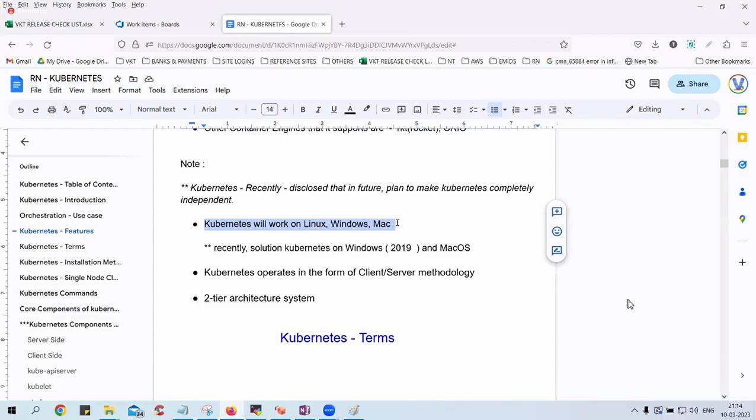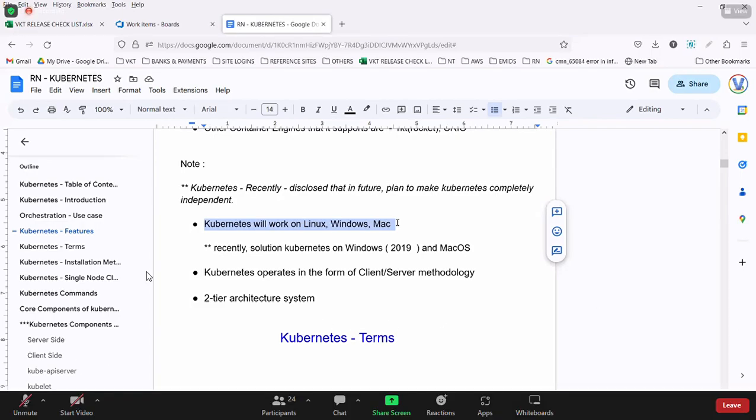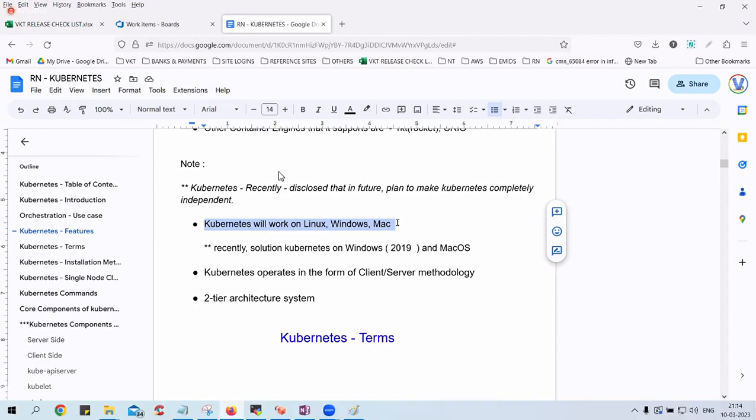That is the reason when you see any job opening on Docker and Kubernetes, they don't care about your Windows skill set. They bother about your Linux stuff, because if you want to manhandle Kubernetes or Docker, technically you need to have good knowledge of Linux.